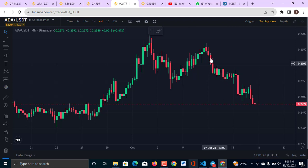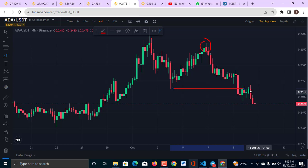ADA USDT, I told you the market is going to come down. The market has been coming down right from the time we took a position from this very area, and we are already in profit. We've exited this trade already because the market hit our target at this very point, and right now the market is plunging